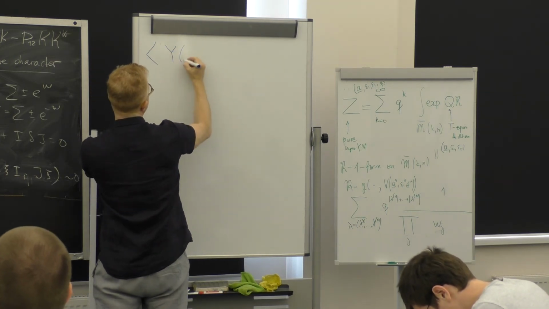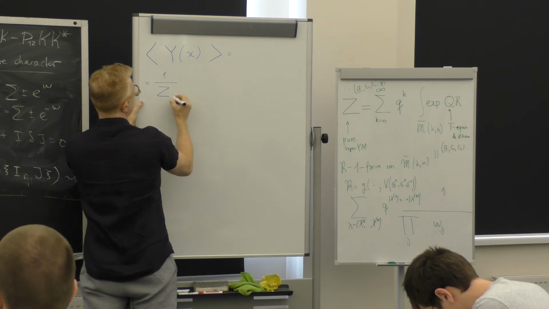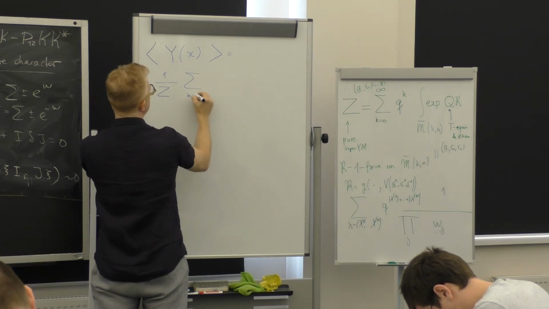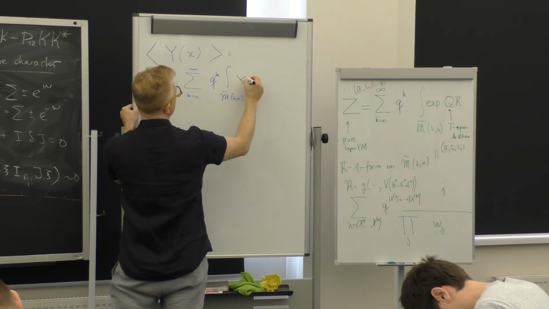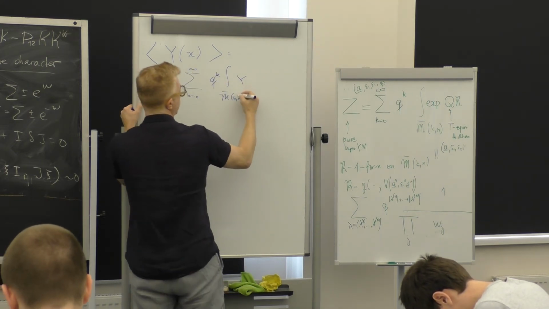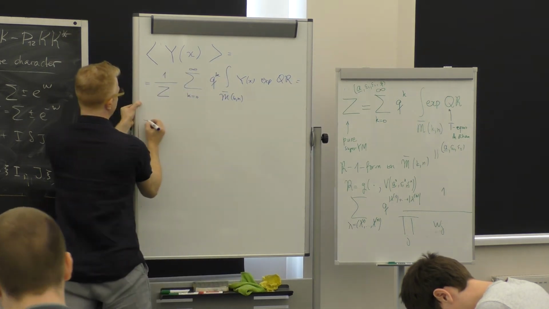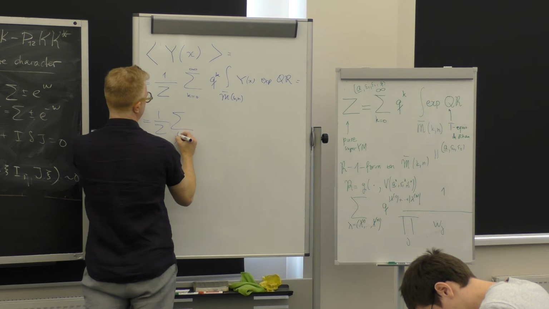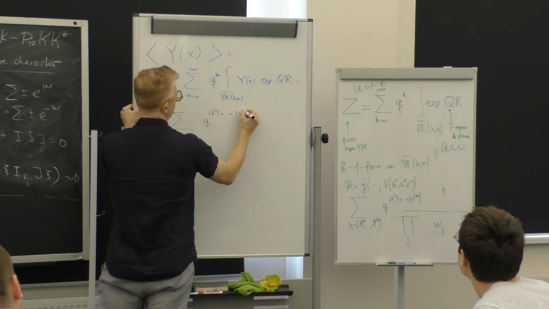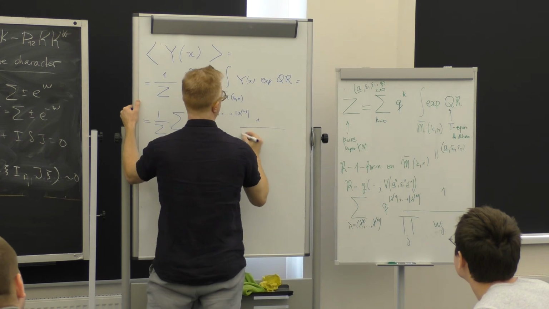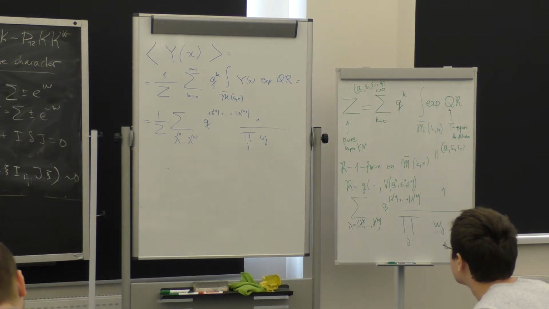For example, we can study the expectation values of the observable y of x, which will now be 1 over Z, the sum over k from 0 to infinity, q to the k, integral of M_{k,n}, y inserted inside the integral, y viewed as the cohomology class of the moduli space, again exponential qr, and this is equal to 1 over Z, the sum over all partitions, again the product 1 over the weights,